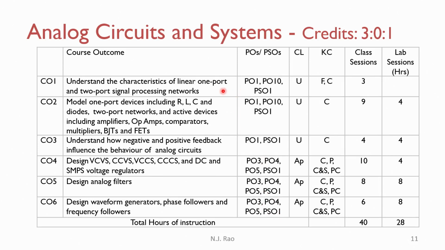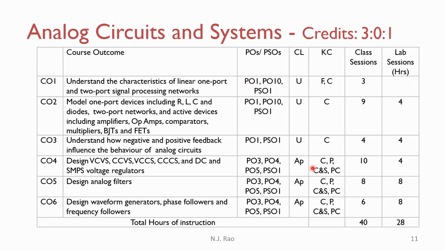Most of the times, any course if you take, it will be associated with one PSO if you write your PSOs hopefully in the right manner. Okay. And the number of class sessions and lab sessions are here,